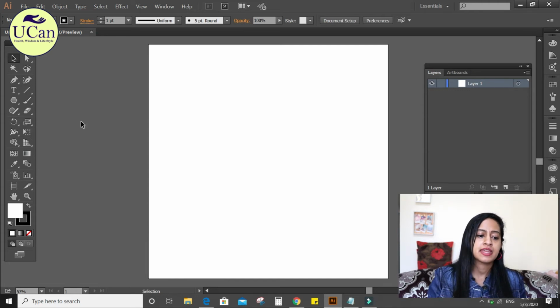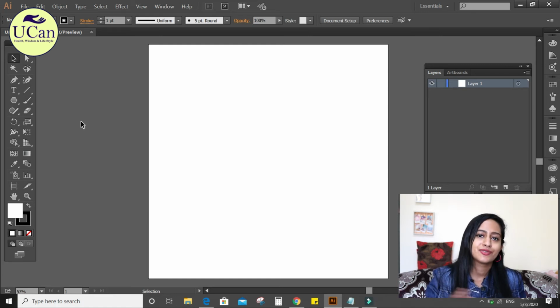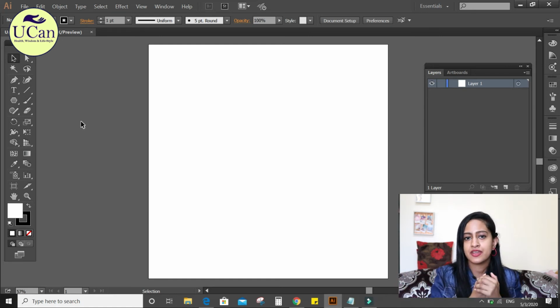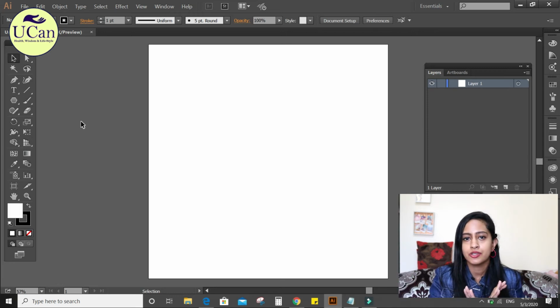So for example, in day one you're using the direct pointer tool, or on the second day you're using the magic wand. So you can learn one by one, or if it doesn't really matter, you just learn whatever tool you want. But if somebody is really specific about each tool and really needs to go deep in Illustrator, you can do one thing, which is just a suggestion. You can do it or you can skip it.